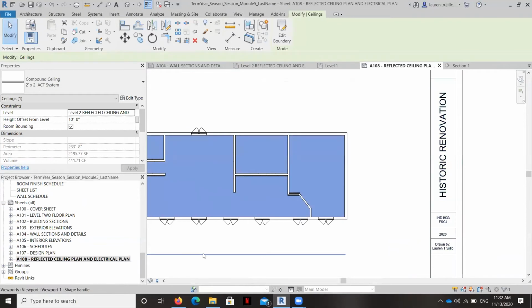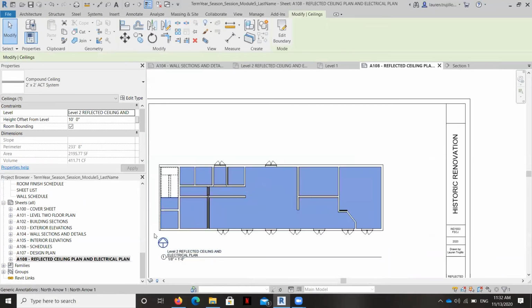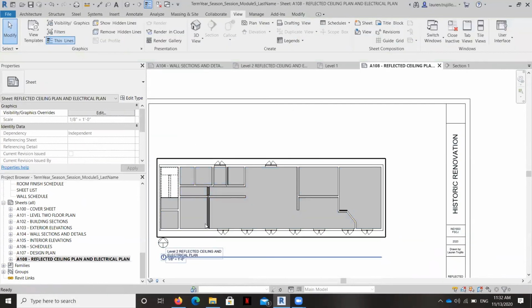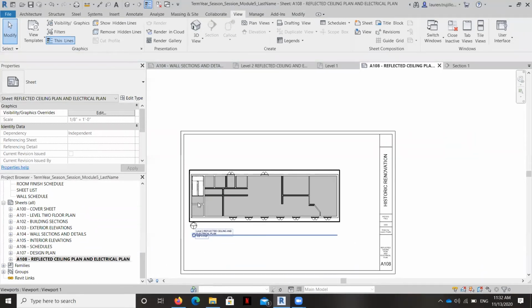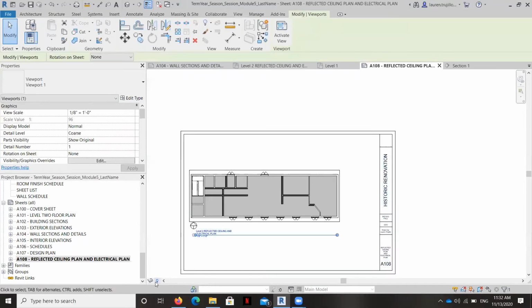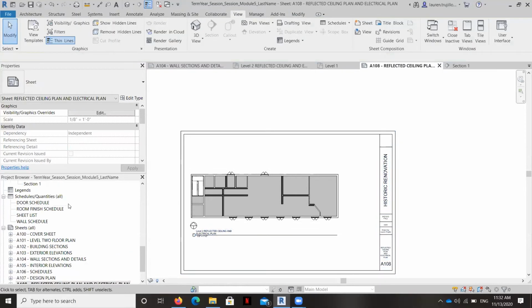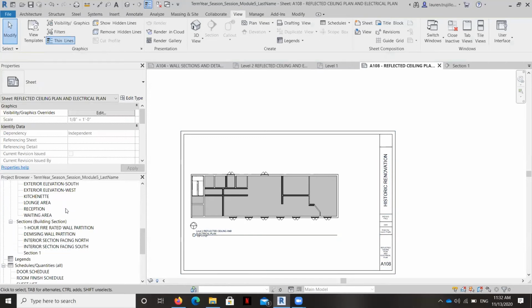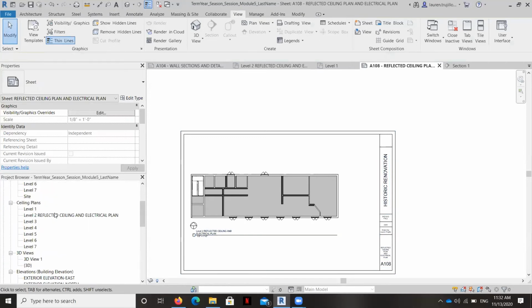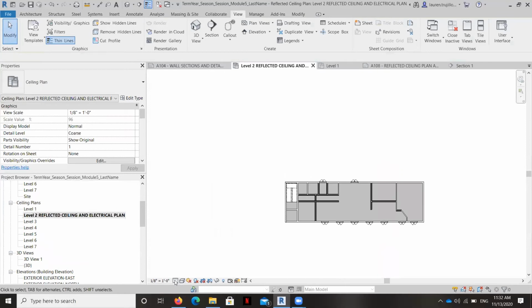Why we're not able to see the grid might have something to do with the visibility settings. So let me take a look. I'm wondering if maybe the setting is fine or coarse instead of fine. Let's take a look.